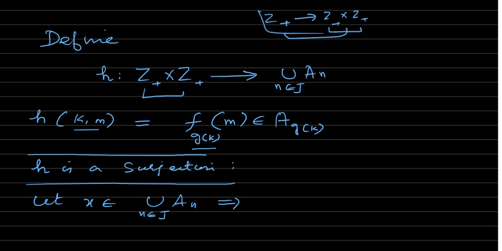This means that x belongs to A_n for some n. Simple mathematics, not very high mathematics is used here. You took x in the union, so it is in some A_n for some n belonging to J. So you got n in J. Now, since g from Z plus to J is a surjection, and n is in J, there exists some element in Z plus,